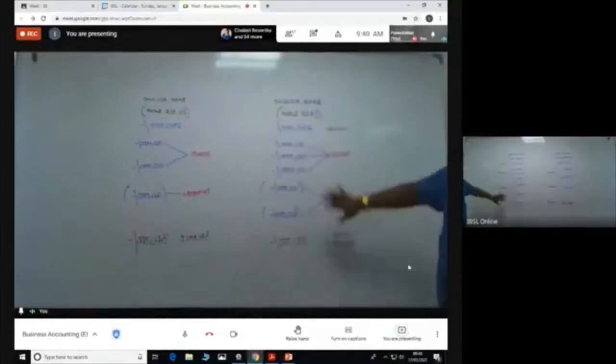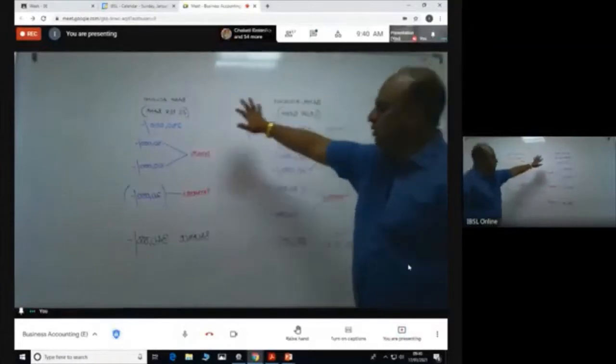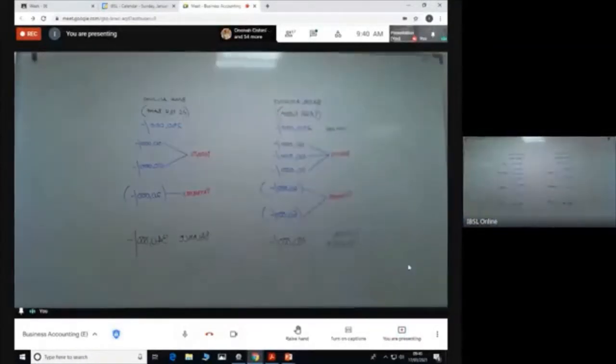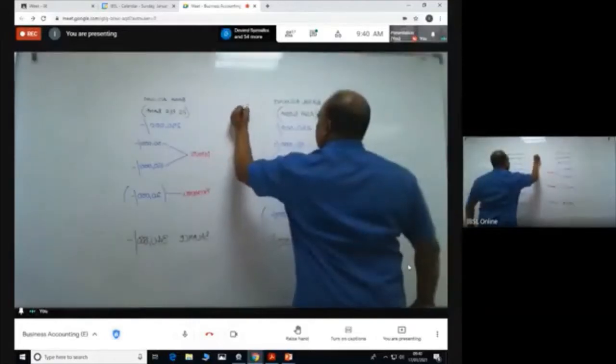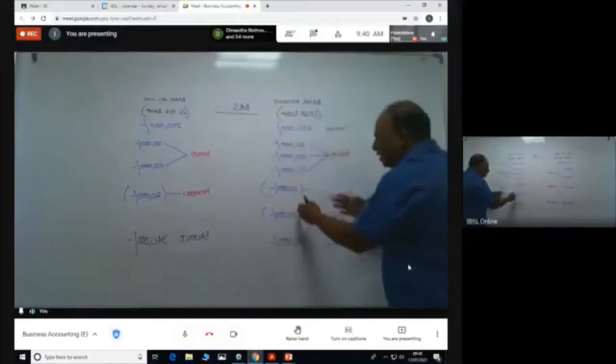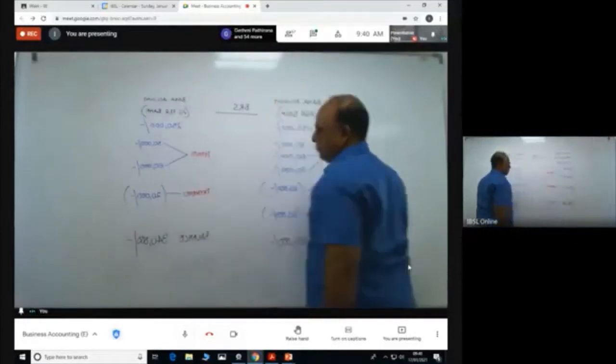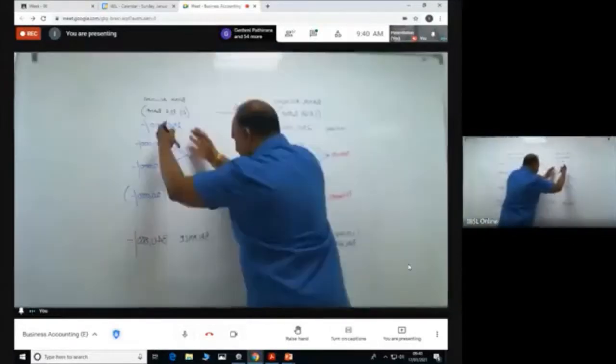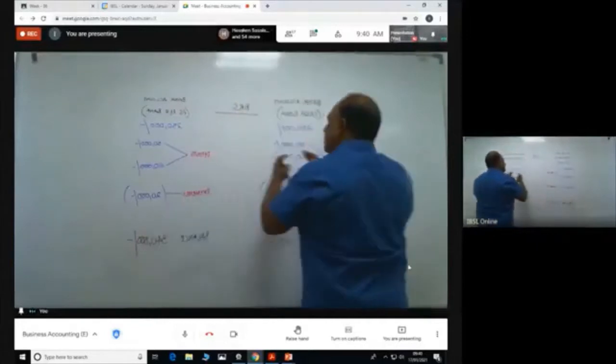300,000 on the bank account as per cash book, 340,000 as per the bank statement. So now you are required to do a BRS, that is the bank reconciliation statement. As per the theory, there was one section which says you have to trace the cash book records with the bank statement, and then the bank statement records with the cash book.